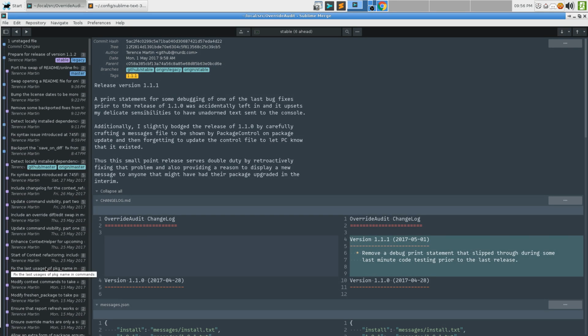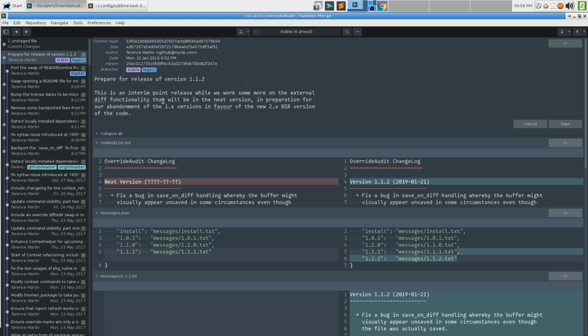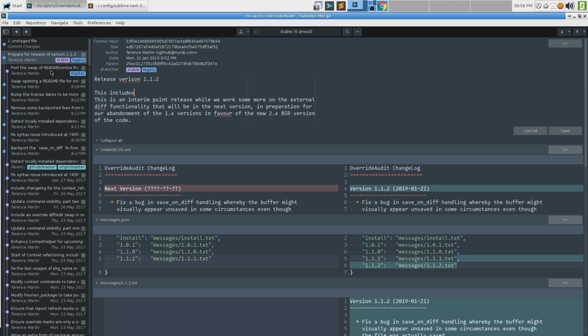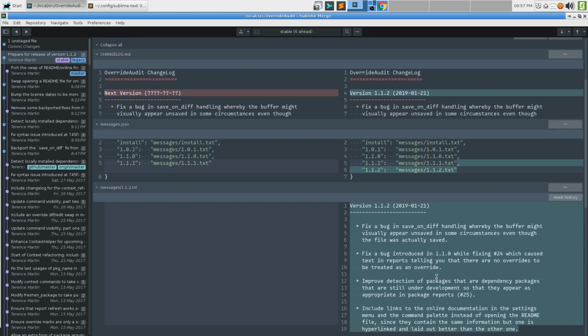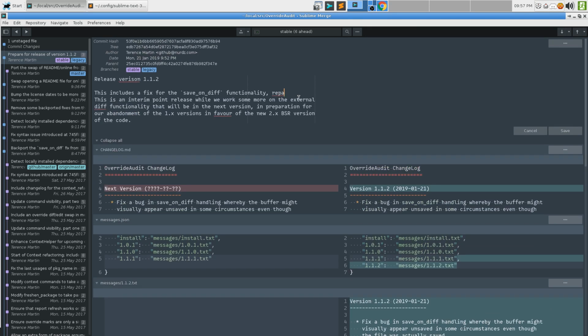Now, stable and legacy are both up here, and we should probably say release version 1.1.2. This includes a fix for the save on diff functionality. Let's see. Repairs